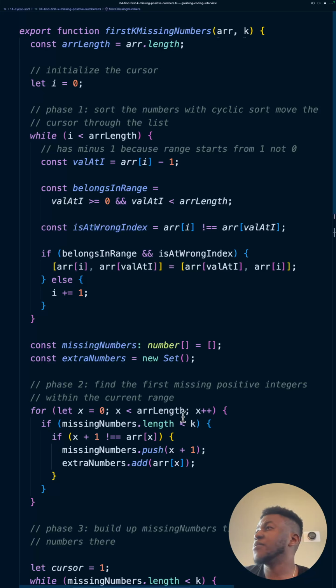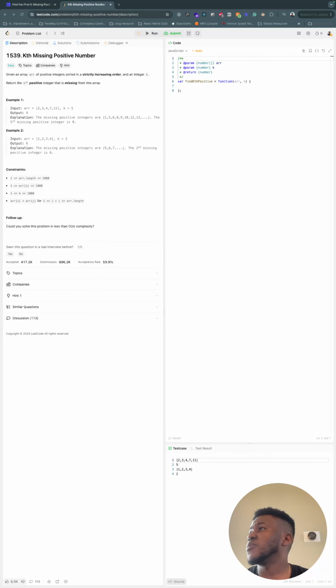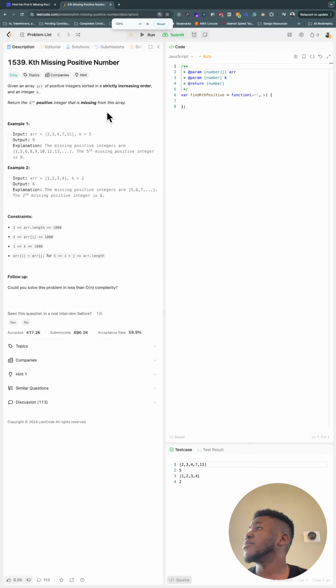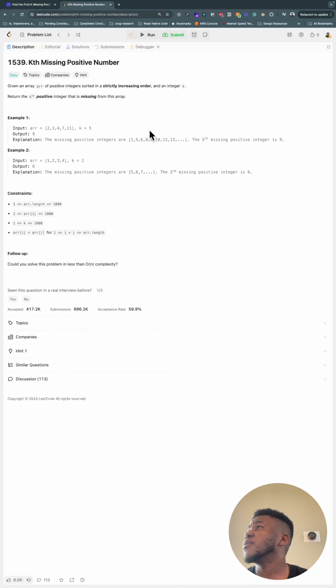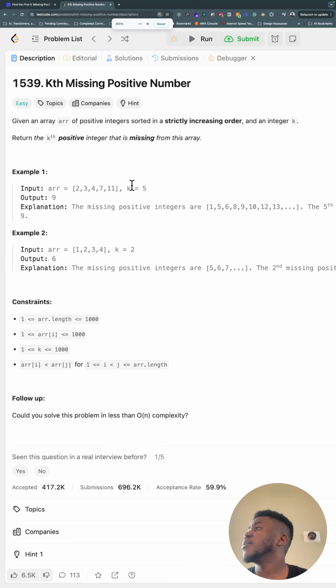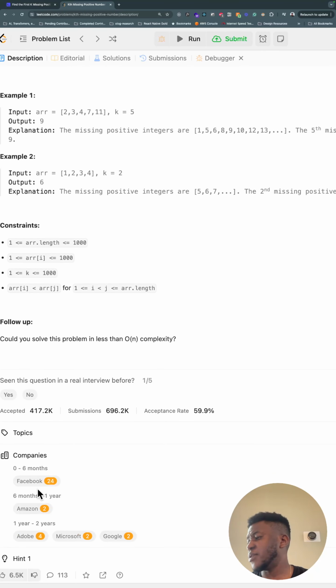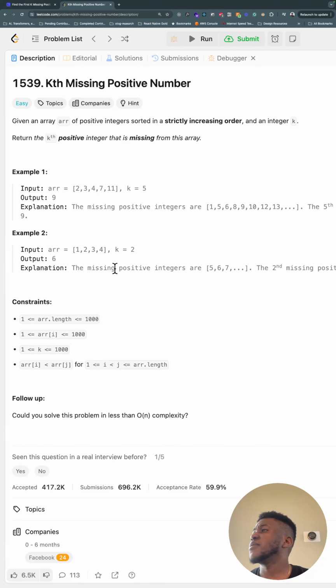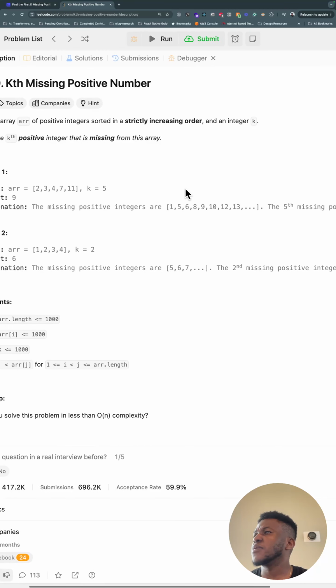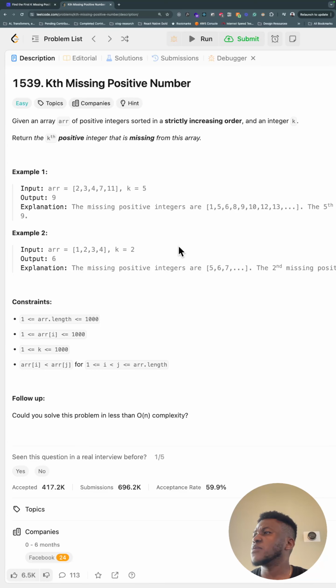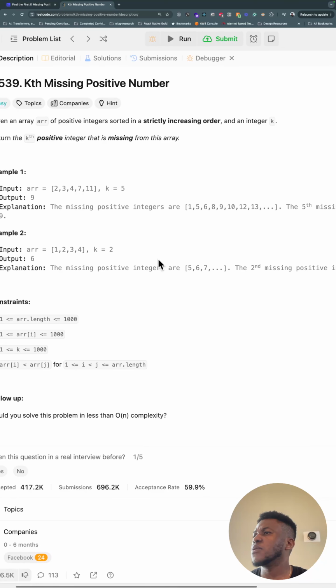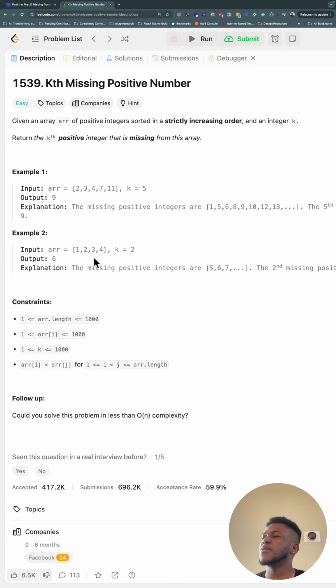Again, I'm not even sure there's a LeetCode comparison to this. Hold on. So there's no LeetCode comparable to this problem, right? This is the closest thing I've seen, and it's very far away from it. It's the kth missing positive number. Facebook likes asking the question. I guess it's kind of similar because the kth one is interesting. All right, so it's similar, only that in this case, I guess we would take the answer for this problem,